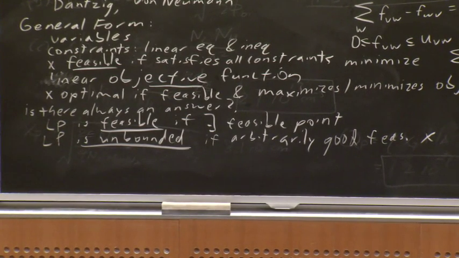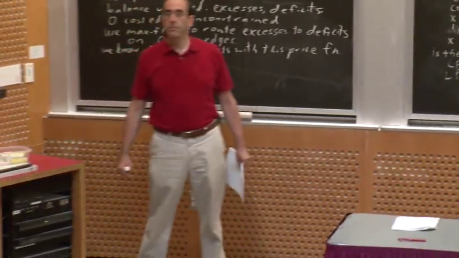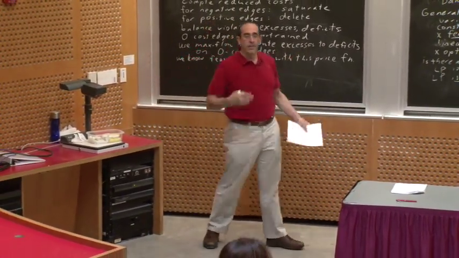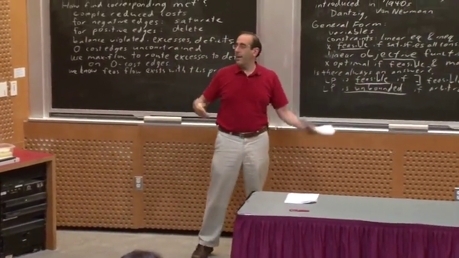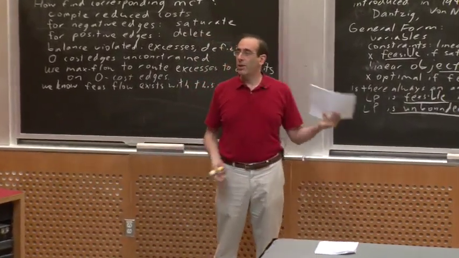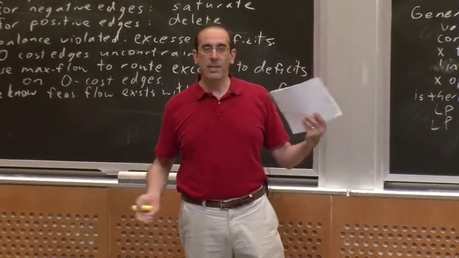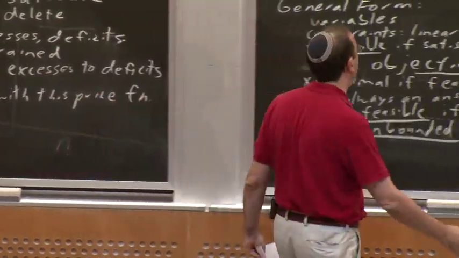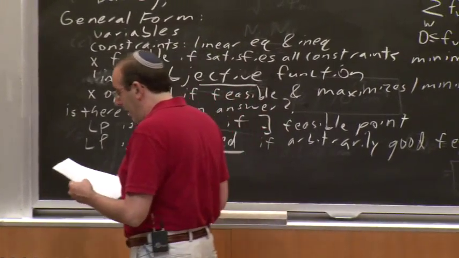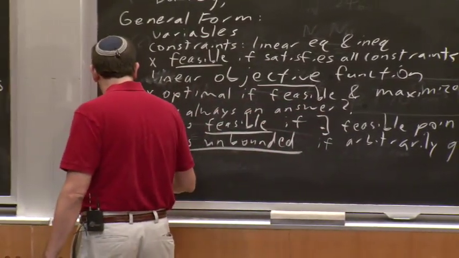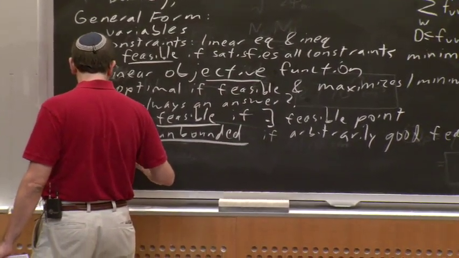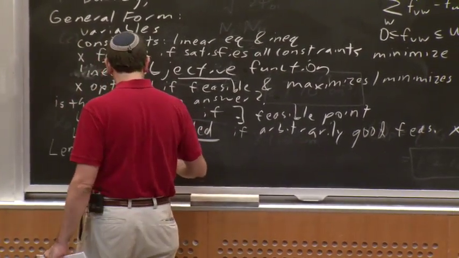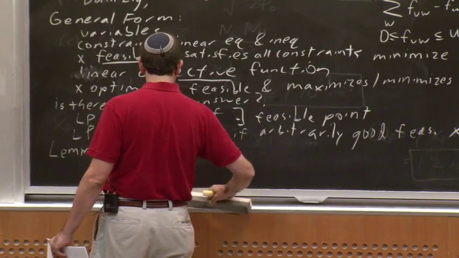Could you also have it be bounded but never actually approach? Ah, so like Cauchy, right? Can we get arbitrarily close to the optimum but never actually get to it? So we have some topology problems to worry about, right? But that will sort of take care of relatively quickly. So I'm just going to state this lemma right away. Every linear program, actually, let me not state it yet, because